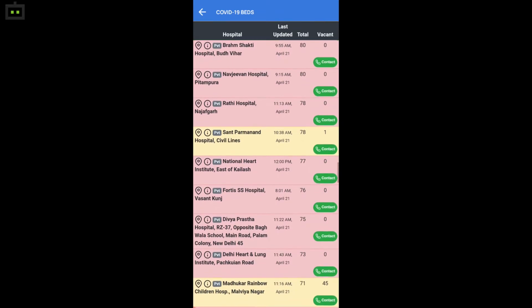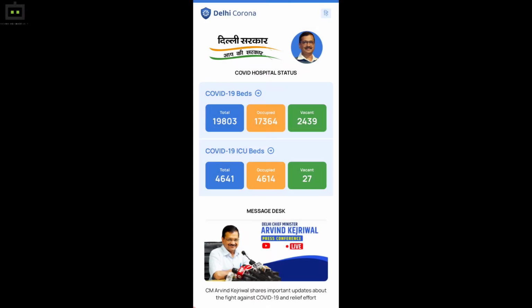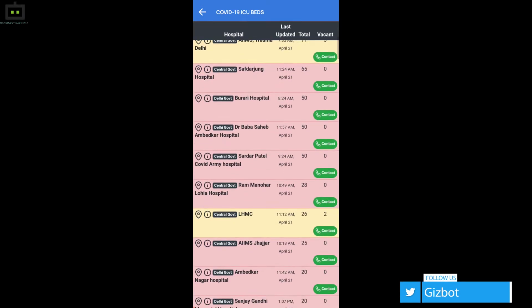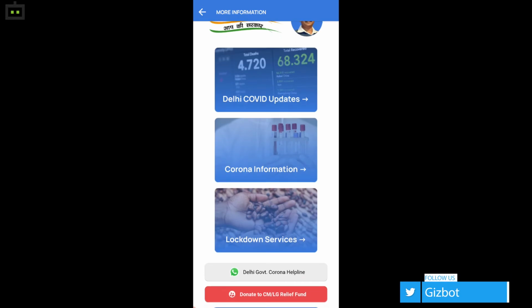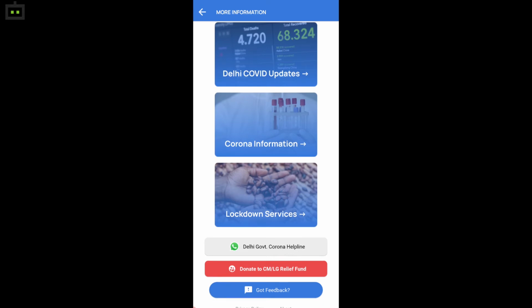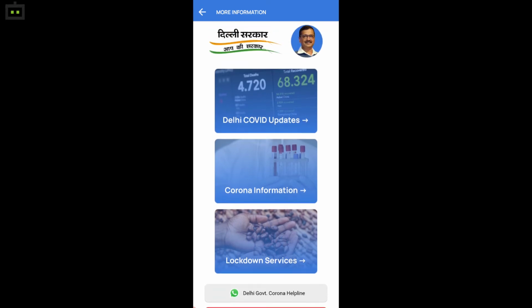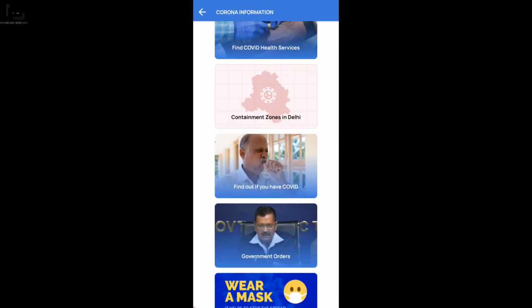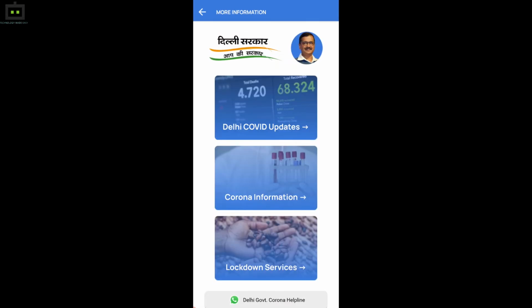Besides, it enables you to see all the updates and confirmed cases, active, recovered, health bulletin and deaths in India. It also shows tests conducted in Delhi, find shelter, e-pass and ration options. Apart from that, if you are looking for an e-pass for essential services, you should know the entire nation is witnessing a huge spike in the spread of coronavirus.